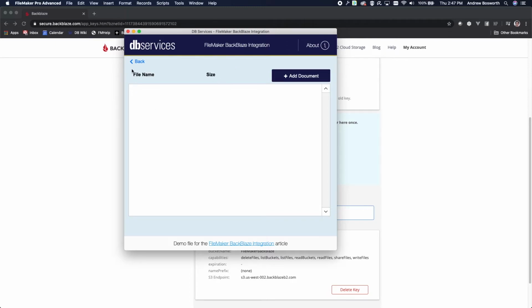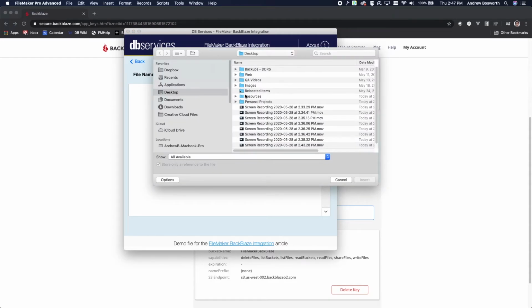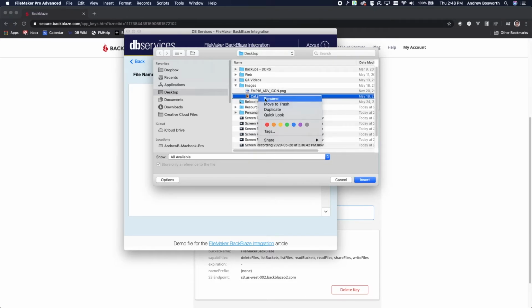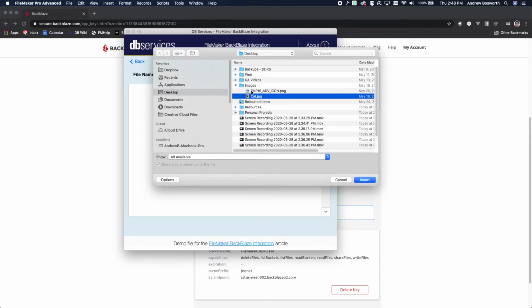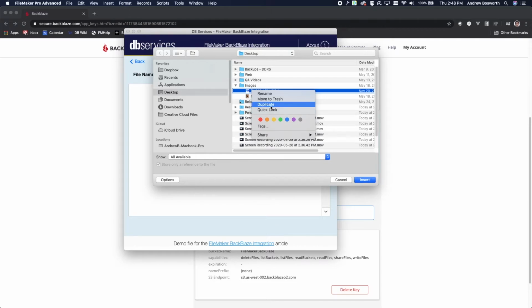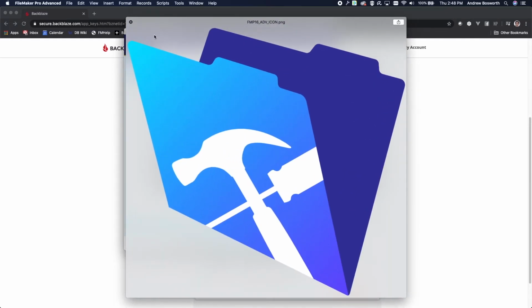So over here, I have a standard FileMaker documents portal where you can upload documents. The only difference is this will upload to Backblaze, so none of the files will be stored in your FileMaker file at all. So if I hit Add Document, I have these images prepared. I have an image of a cat, and I also have an image of the FileMaker logo right here.